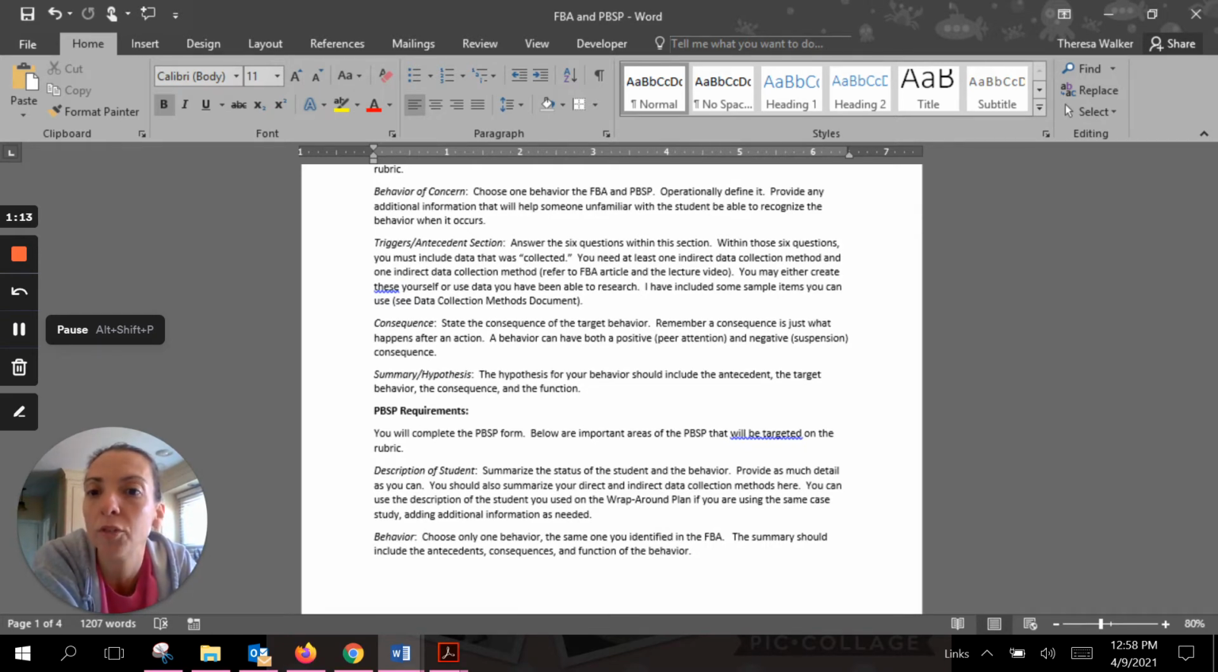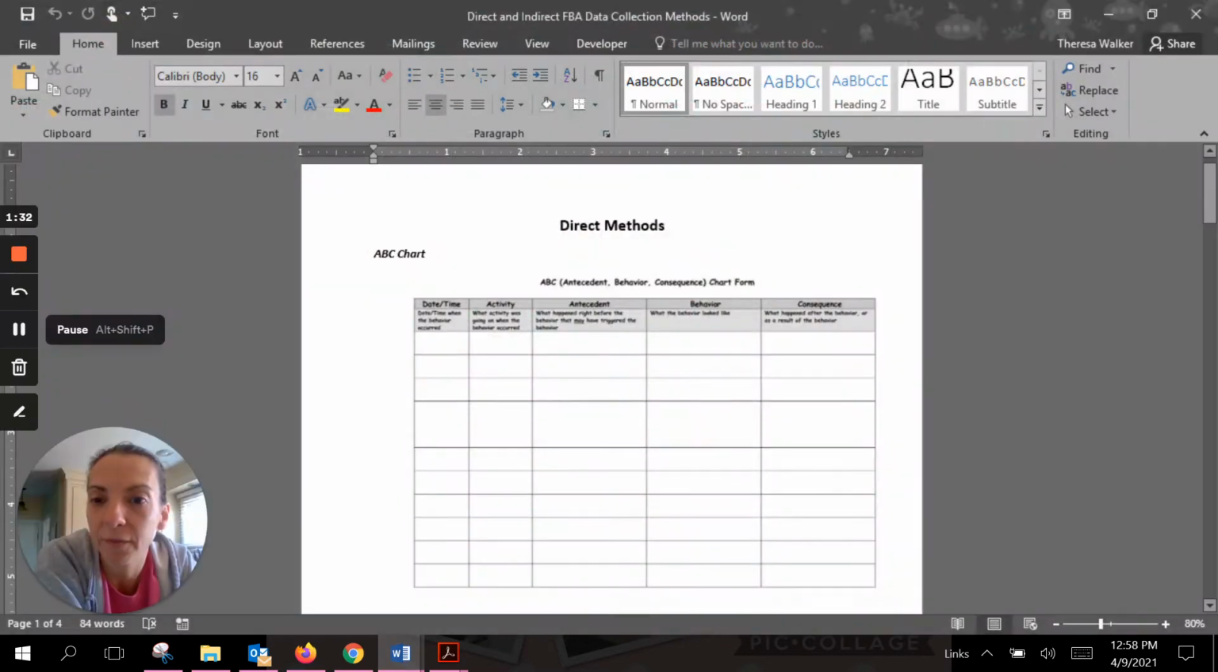Within those 6 questions, you have to include data that was collected. You need to include at least one indirect data collection method and one direct collection method. You're going to either create these yourselves or you can use data that you've been able to research. I've included some sample items for you. You don't necessarily have to fill these out per se, but you do have to reference them in terms of